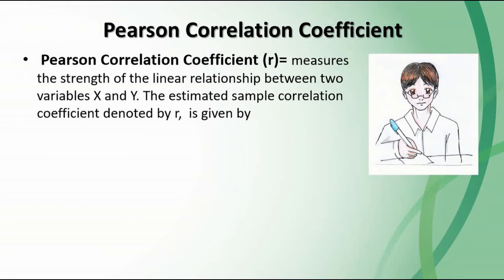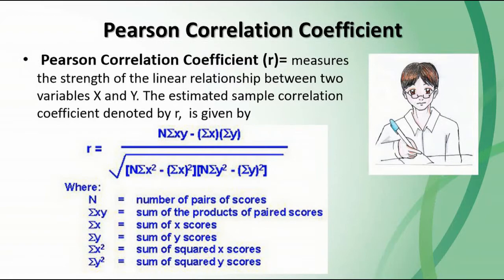The estimated sample correlation coefficient denoted by r is given by r is equal to n times the summation of xy minus the product of the summation of x and the summation of y, over the square root of n times the summation of x squared minus the square of the summation of x, multiplied by n times the summation of y squared minus the square of the summation of y,